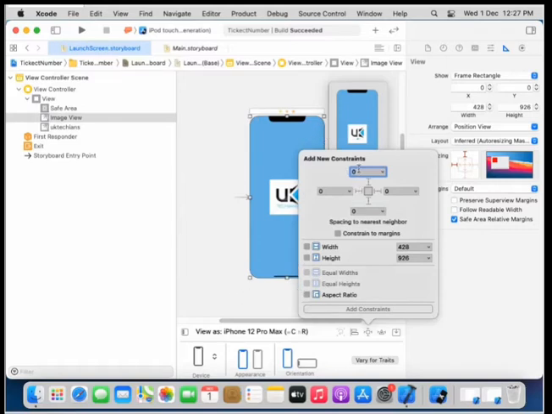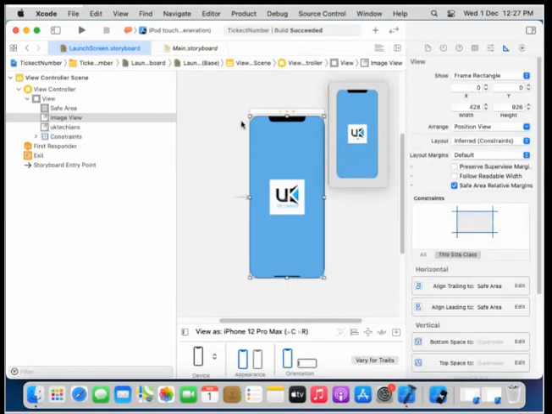So the image is dragged fully with the view, and now the values are 0, and we just need to connect these constraints to this view area, and after that we just add these 4 constraints, and look, it's connected with the view, right?